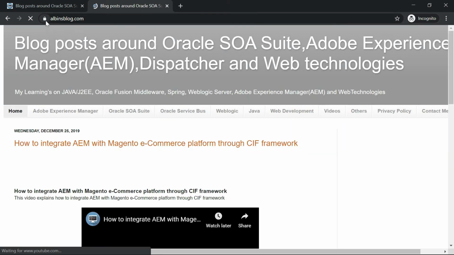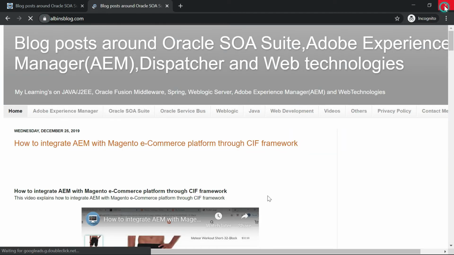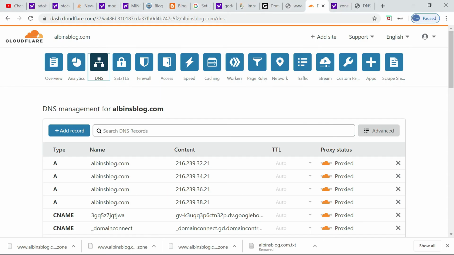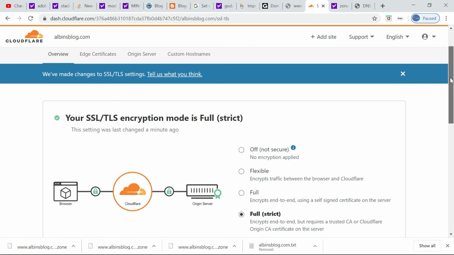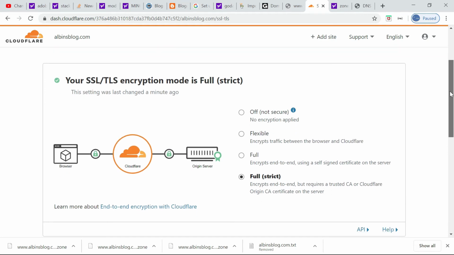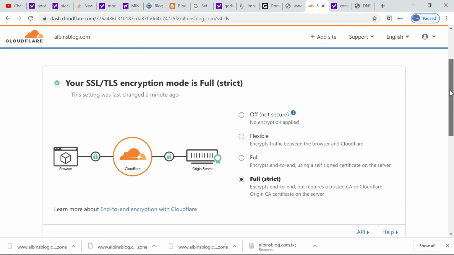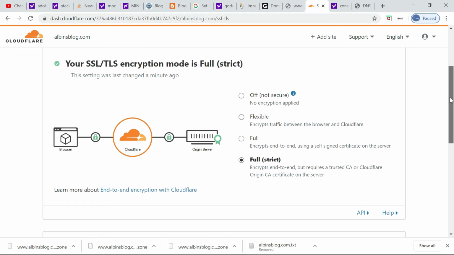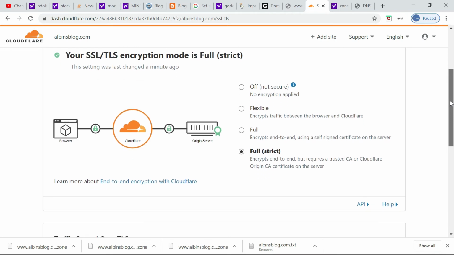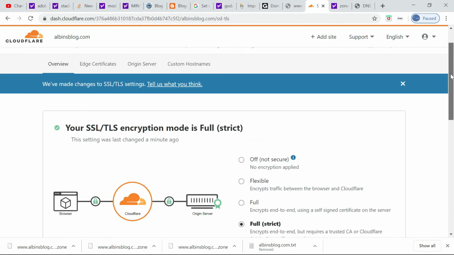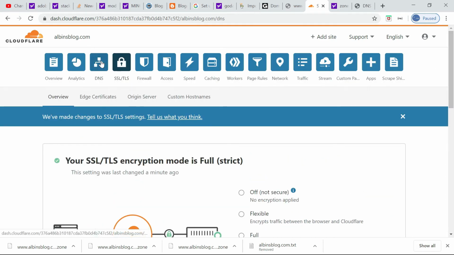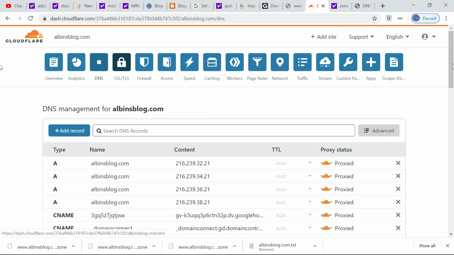Now another option we can do is, maybe I don't want to use the Google certificate. In that case, I want to use the Cloudflare certificate. So you can go with a different option here. What I'm going to do is go with the flexible option, maybe the second option. So here what will happen is the browser to Cloudflare will be encrypted through this Cloudflare certificate, and from Cloudflare to Blogger it is HTTP. So for that, first what you need to do is whatever the records we added,